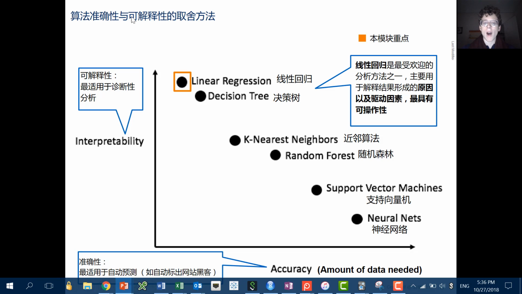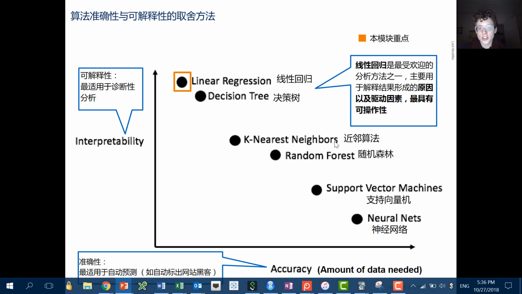If you want to know why, you would probably go over here to linear regression and decision tree. Linear regression gives you an exact relationship, controlling for all other factors, of that factor linearly. And that's really useful for making decisions, for understanding why something is happening. Decision tree also is quite useful. It allows you to break down what is the most important variable, what's the second most important variable, where do I make decisions. Humans often think in terms of decision trees.